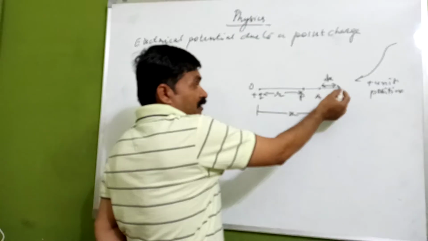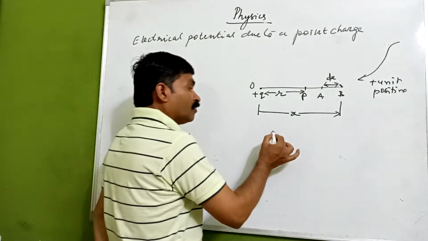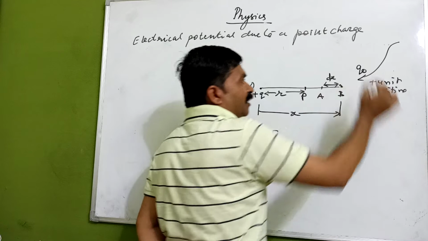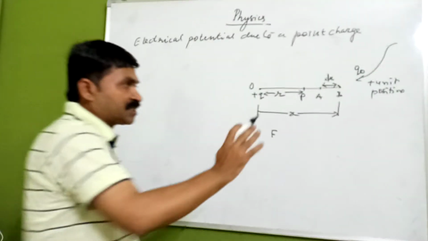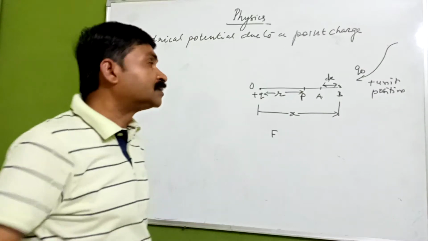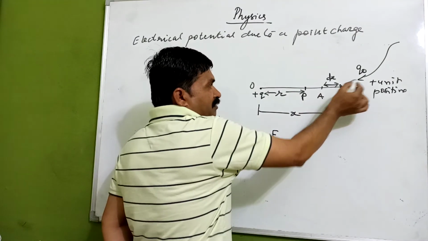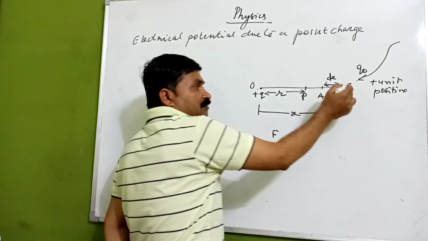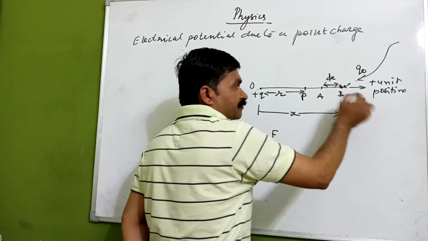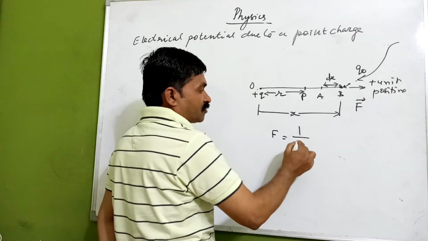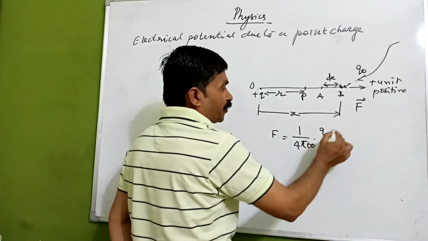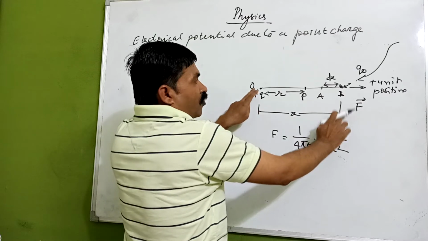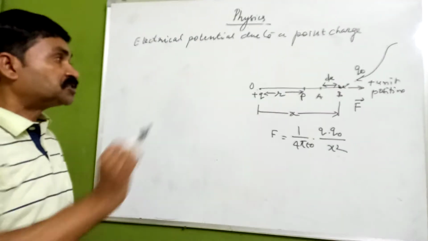Okay. Now before defining the work done, we must know the force. Now here, instead of a unit positive charge, we can say we have a test charge Q0. But by basic definition it is a unit positive charge. Okay. So if the charge is here, it will experience a force of repulsion in this direction. So here what we are getting, F is equal to 1 upon 4 pi epsilon naught, Q into Q naught upon x square, where x is the distance from O to B, where the unit positive charge is kept.